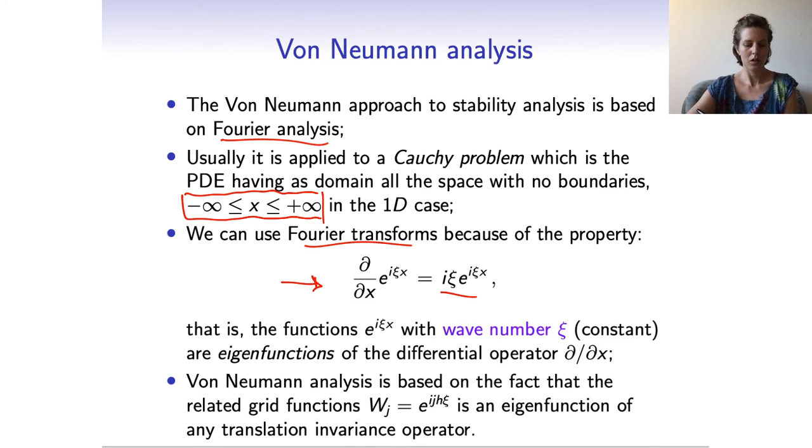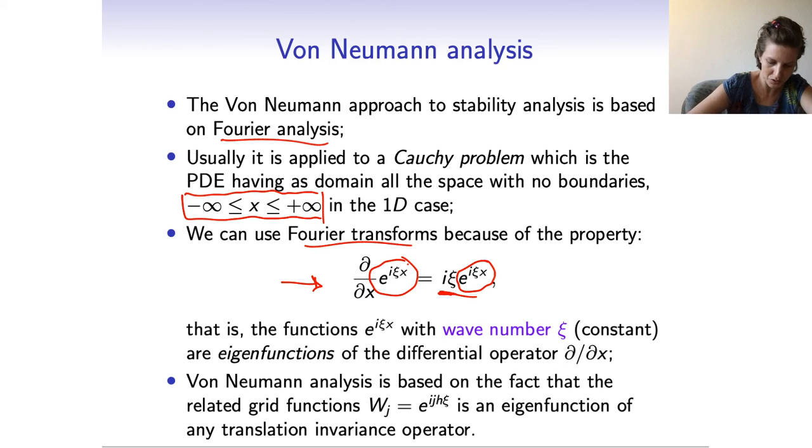So it is the function itself, so the function is this, okay? So it will be the function itself multiplied by i c, and these functions in this way with wave number c, where c are constants,